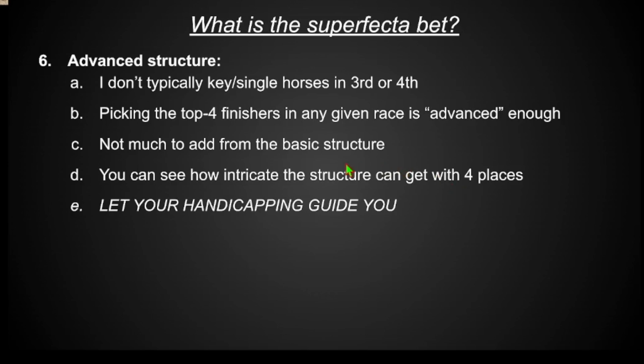When I'm handicapping races, I'm looking for top contenders, so I can usually narrow down who I think will win, a little less narrow who I think will run 2nd, 3rd, and 4th. So for me, I'm a skinny on top, as they say. I'll take 1, maybe 2 horses in the 1st place, followed by 2 or 3 horses in 2nd, and so on and so forth. Advanced structure would take too long just to go over all the possible combinations, but you can see how with 4 slots and all the horses in each race, you can really get carried away and spend quite a bit of money, even with that 10-cent minimum, just mixing and matching.